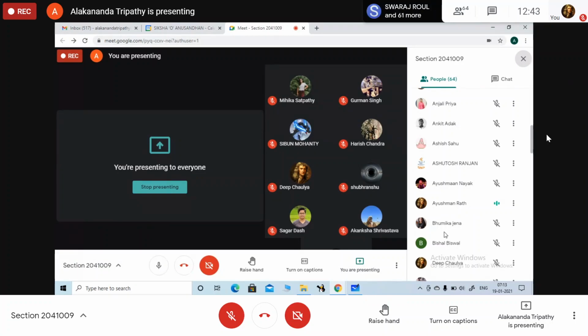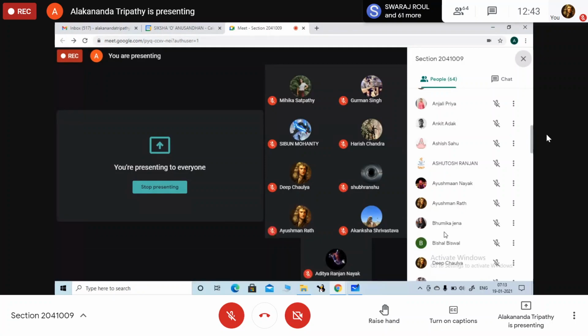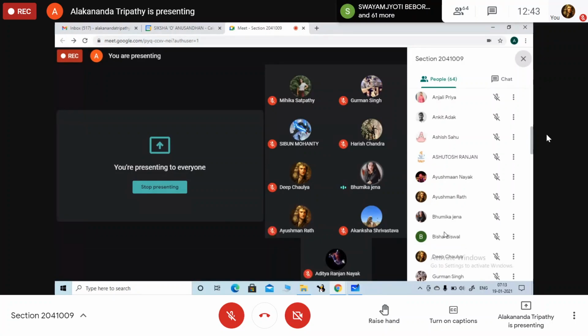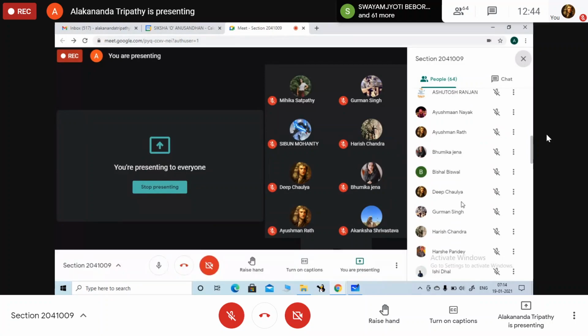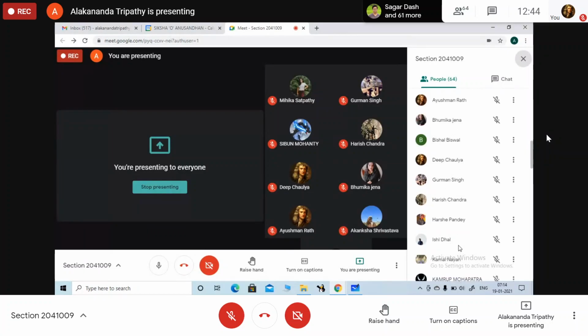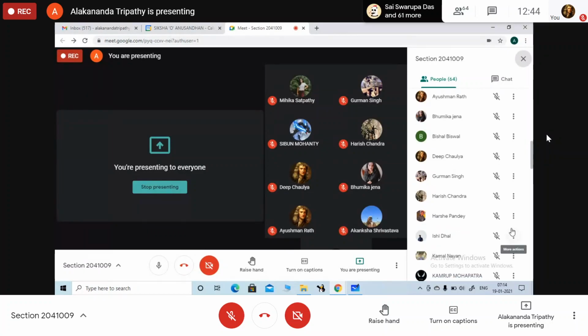Bhumika? Vishal? Case 2, yes, it's correct. Default invalid input. Case 9, you have written for all the cases, but for case 10, you have not written it.